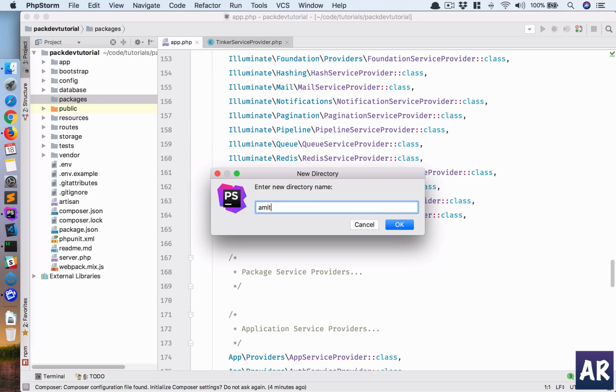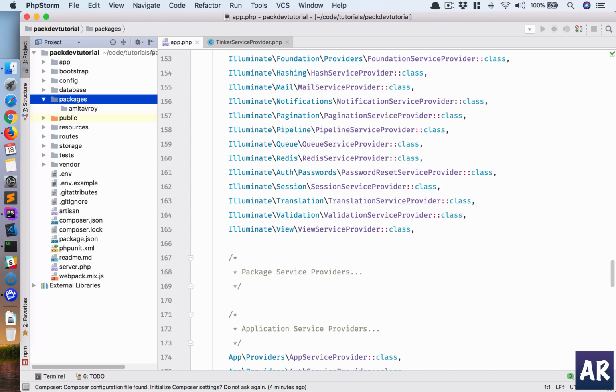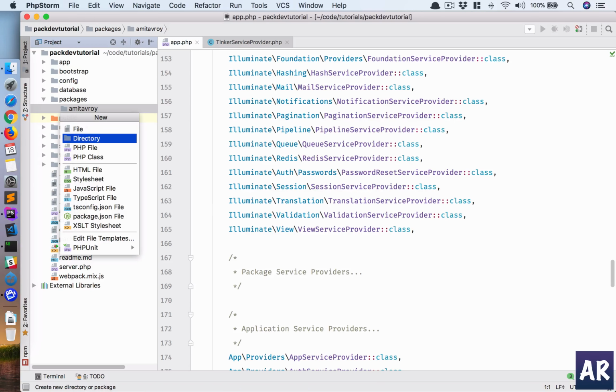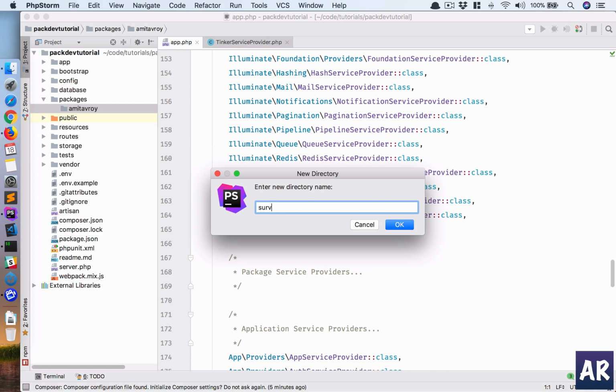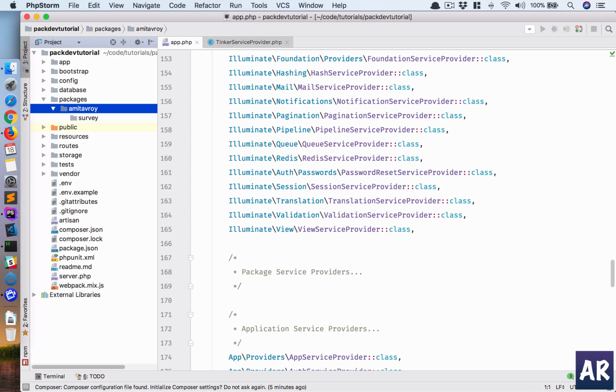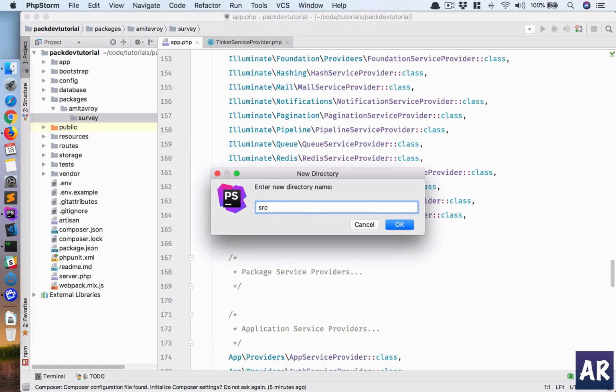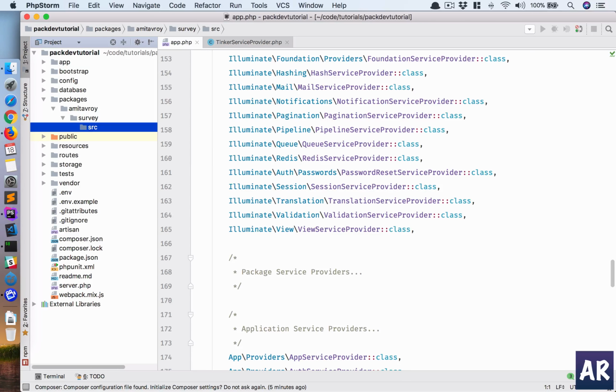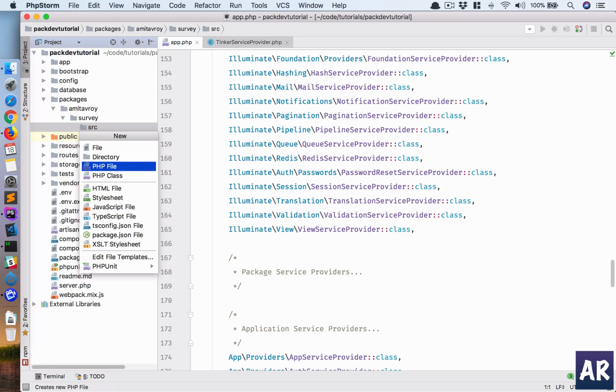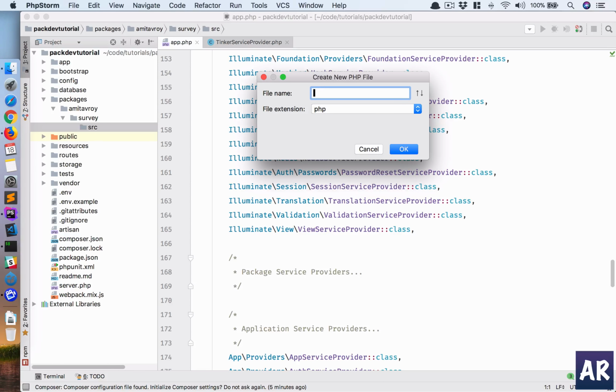Okay, so I'll have a folder called Amitav Roy. Why don't we name our package survey? Okay, we are going to create a package called survey. All right, now this is our basic structure. Now inside this I'll need to create a few more folders. The first one will be the source folder, and inside that I will need a file which is